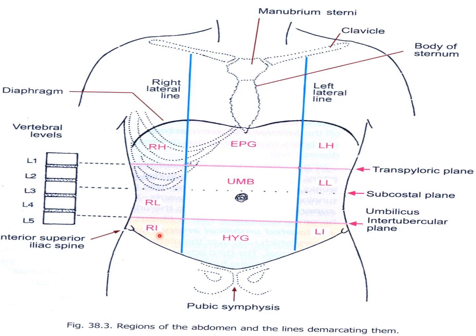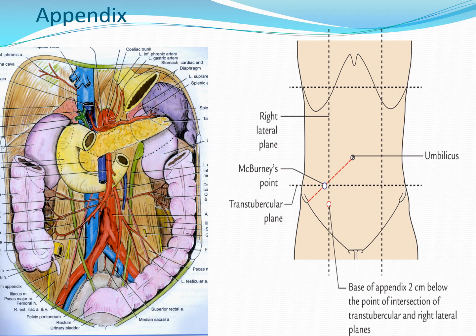It may descend into the pelvis, the pelvic or 4 o'clock position. This is the second most common position of the appendix. It may lie below the cecum, the subcecal position, and may point towards the inguinal ligament, called the midinguinal or 6 o'clock position. So normally it lies in the right iliac fossa, but here there are different positions. You see the maximum tenderness during appendicitis occurs at McBurney's point.